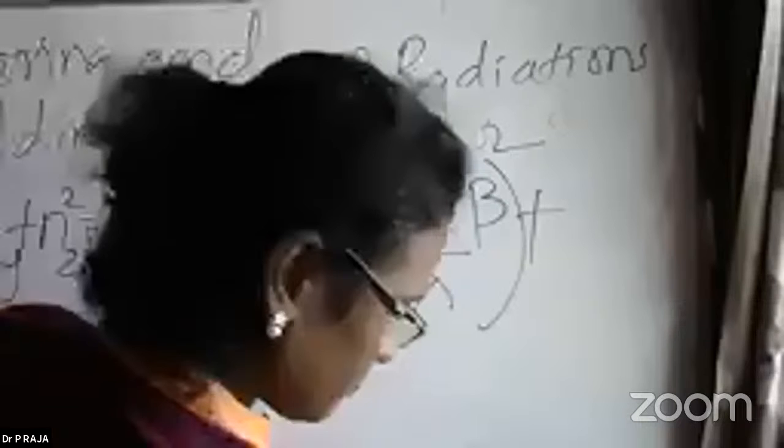You all know cos square alpha plus cos square beta plus cos square gamma will become one, isn't it? So you are left with, on the left hand side, nx square plus ny square plus nz square is equal